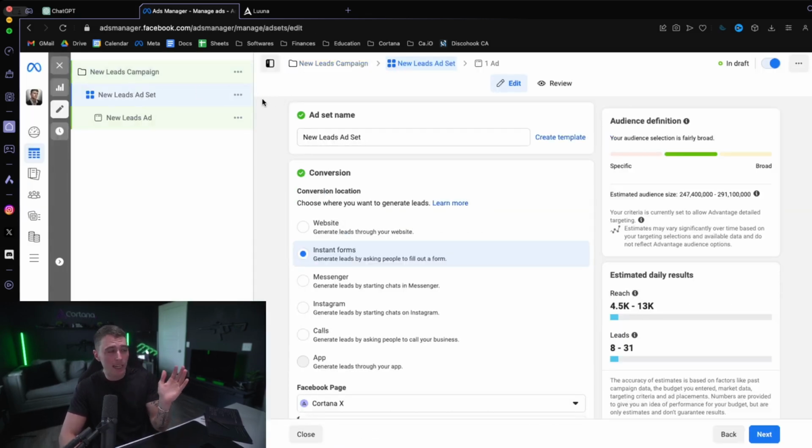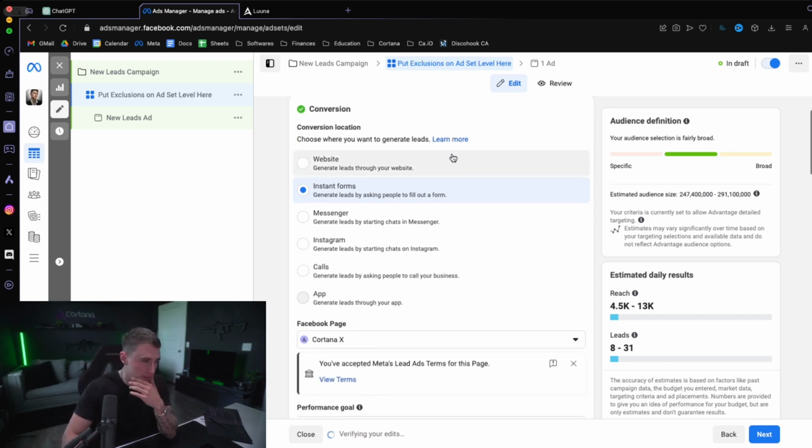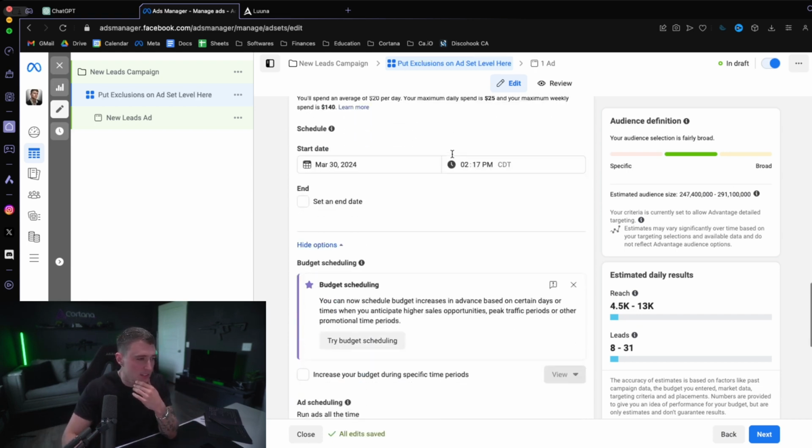Whenever, and this goes for any campaign that you're going to run moving forward, okay? Anytime that you're going to go run a campaign, you're going to put it on the ad set. Put exclusions on ad set level here. You're not going to name it that, I'm just typing it out for you all. When you scroll down